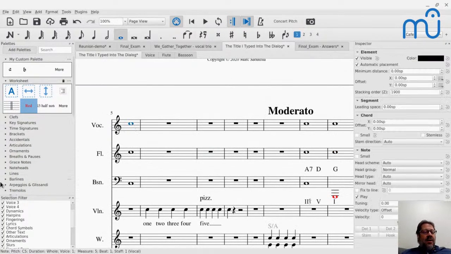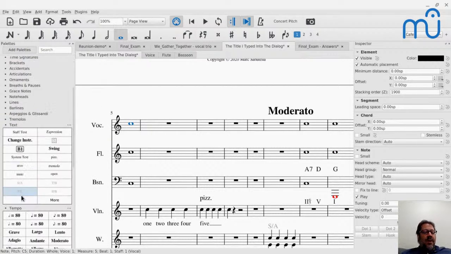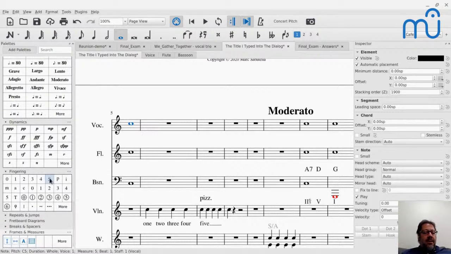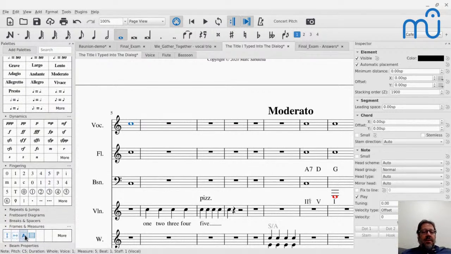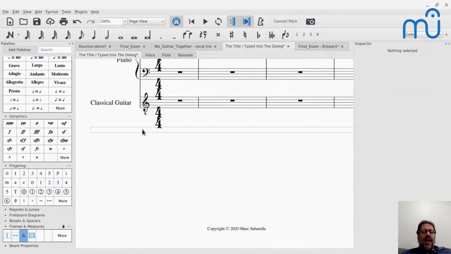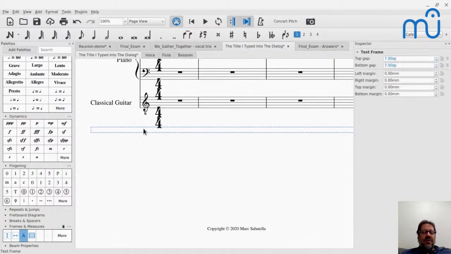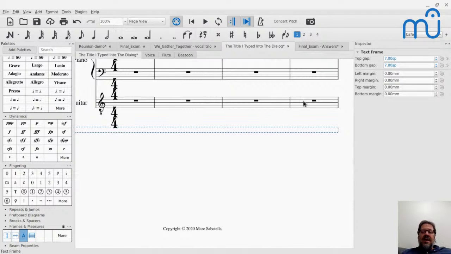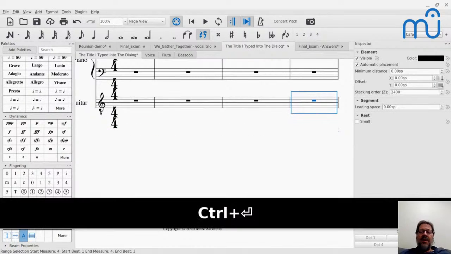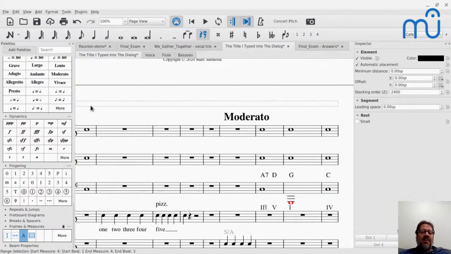But if I go to the frames palette, let me close that selection filter, go to my frames palette, and add a text frame. Oops, I guess I have to add it to the whole measure, so I'll go ahead and use drag. It added it above that measure, and it was able to attach it to the previous page, so it did. If I don't want that, I can add a page break here. So Control-Enter will add a page break. Now my frame is on the next page.